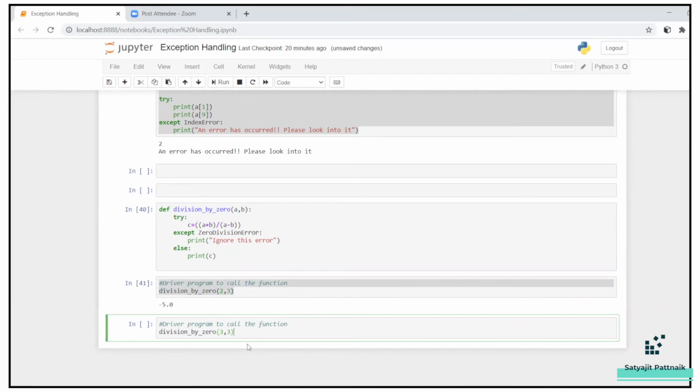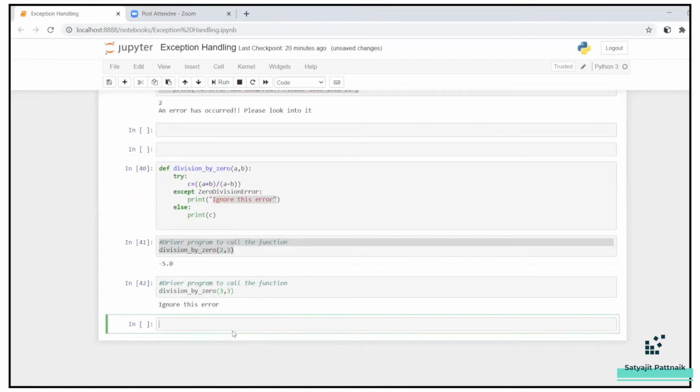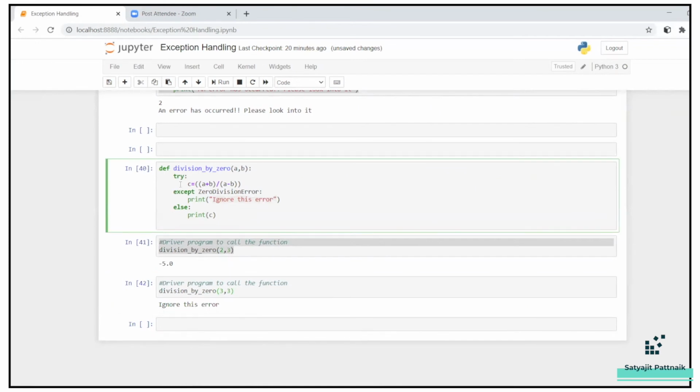So instead of the zero division error, it should print something. Obviously it will not print the error. It will print "ignore this error", right? If I run this, it is printing "ignore this error". Now, only if your try block does not have an error will it go to your else block,